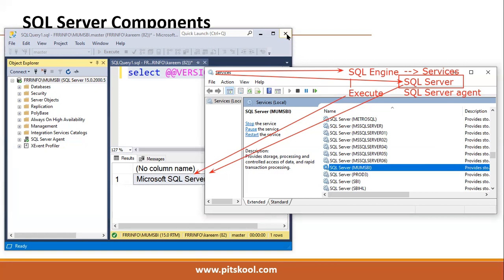Tomorrow, if you want to install SQL Server on your laptop and start working with it, the first step is to install the SQL Server service. Then we install the SSMS tool. After that we can start working.